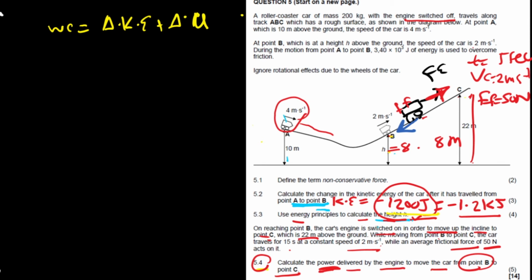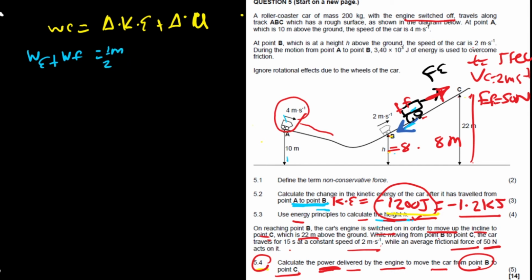Now, in the work done here, it can't be only one term. We have two things involved. What are the two things? Work done by the engine plus work done by the friction, because there is an engine involved with the car moving up, and also a friction force. This equals the change in kinetic energy, which is a half